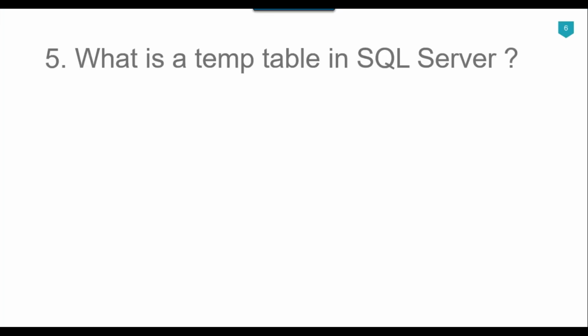Our fifth question is, what is a temp table in SQL Server? So a temporary table, as the name suggests, is a database table that exists temporarily in a database. A temp table stores data from a normal table for a certain period of time. Temp tables are stored inside the TempDB, which is a system database, and all the temp tables will be automatically deleted if we restart the SQL services. There are 2 types of temp tables, local temporary tables and global temporary tables. So we will see in detail about the local and global temp tables in the coming videos.